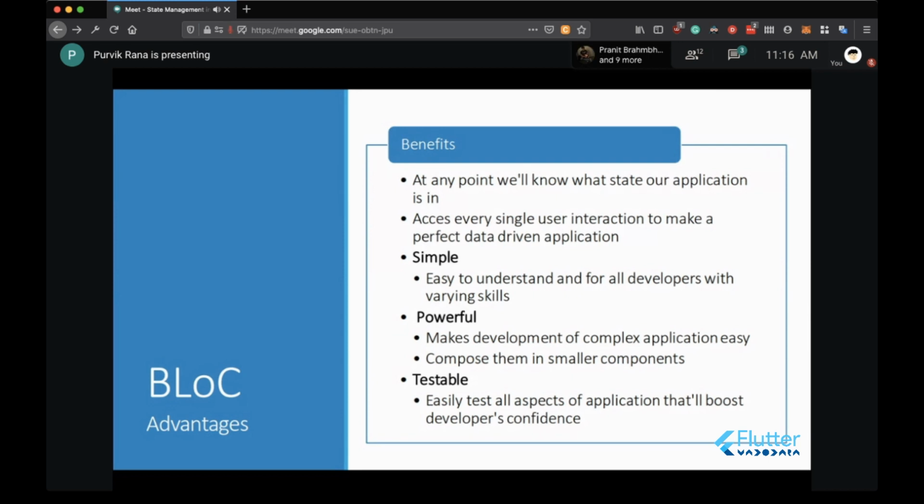The third advantage is that it is simple and easy to understand, and for all developers with varying skills, it can be easily understood. When I first saw Bloc, it was very complex for me to understand.